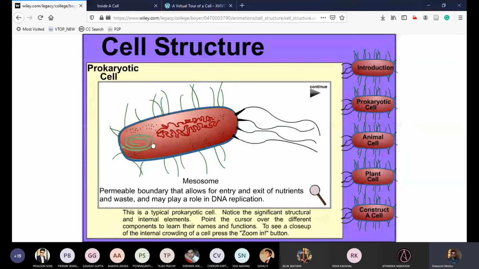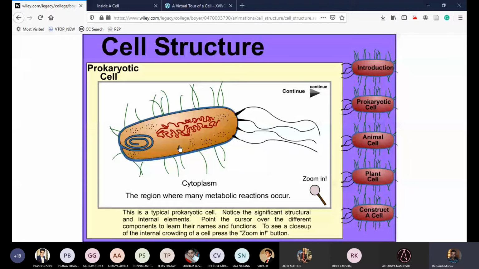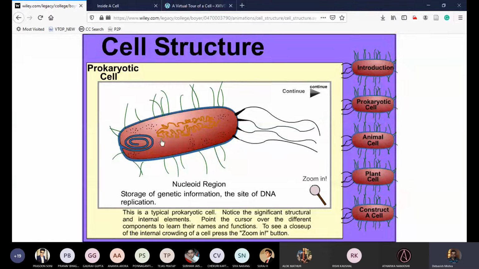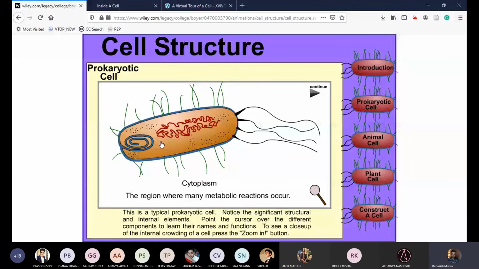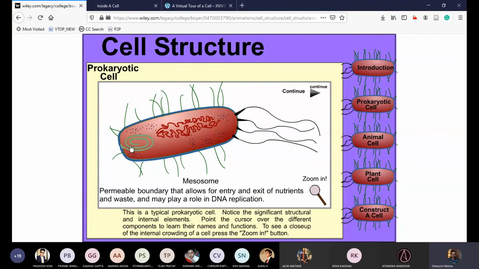When we say these are the parts of a bacterial cell, we normally call them organelles. For human beings, we call the parts organs, and in case of bacteria or an individual cell, we call them organelles. And this spiral, Swiss candy shape